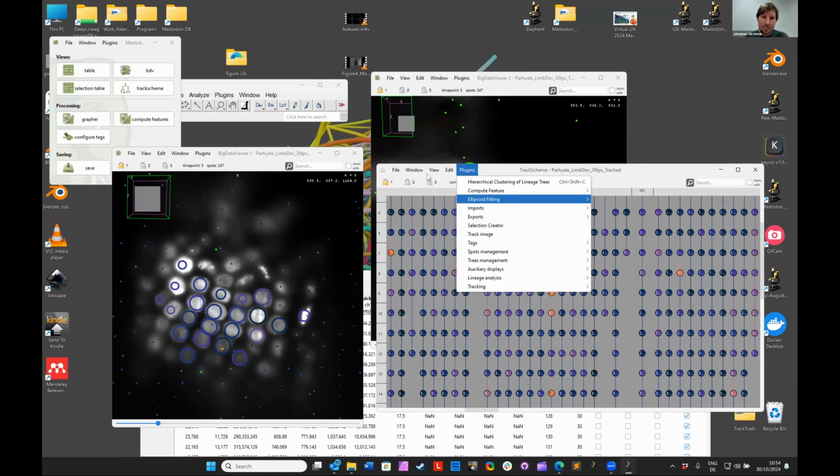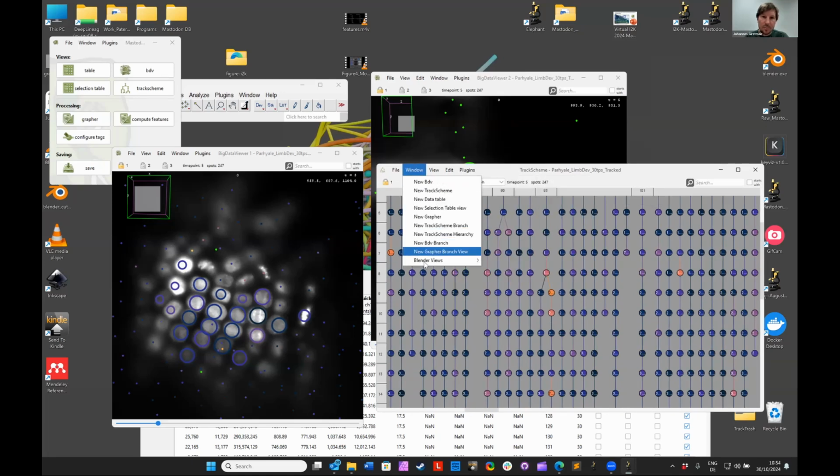jump to plugins. To window, Blender views. And so here we have basically the bridge to Blender. So you could now open a new Blender view window or a linked to Mastodon window. So one is interactive, that allows you to interact in 3D, while the other one is more like for visualization purposes, where you have, for example, tracks, and you can make very nice and beautiful movies for rendering. And in order to have this Blender bridge, you have to follow this set up Blender add-on. So that's a little wizard